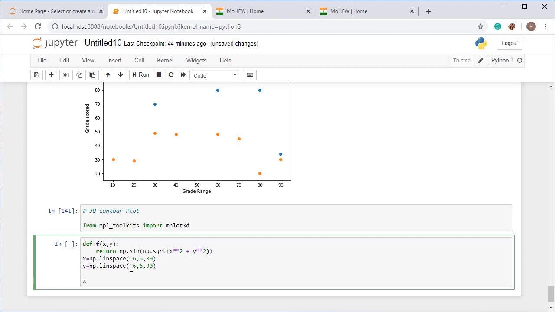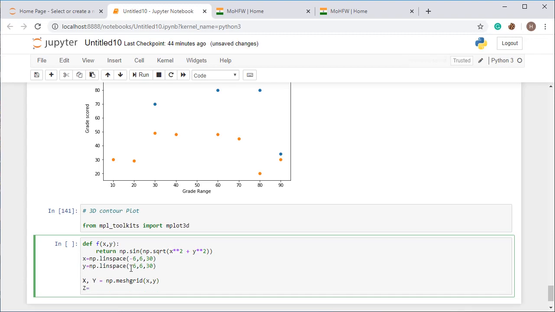Now I want capital X comma capital Y, you can set anything, equal to np dot meshgrid. Meshgrid is the function for creating this thing. All right. So when you are going to use this, you have to first set the z axis. So for z axis, I am setting this thing.